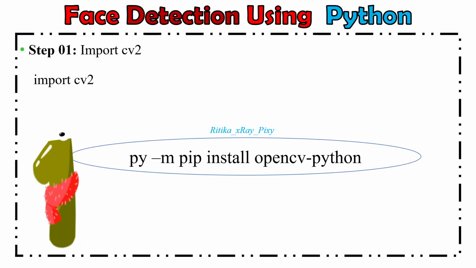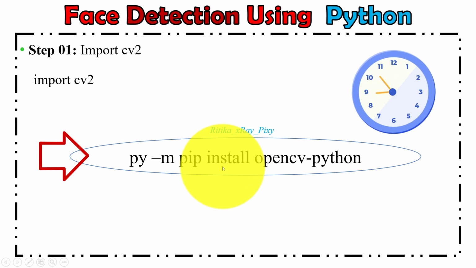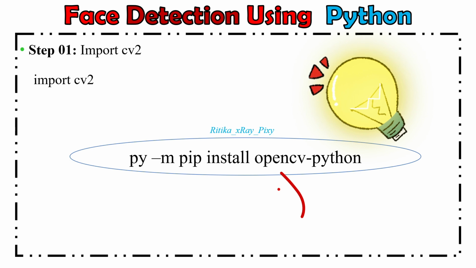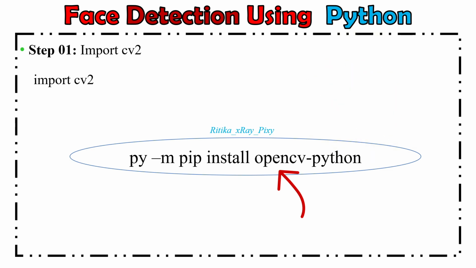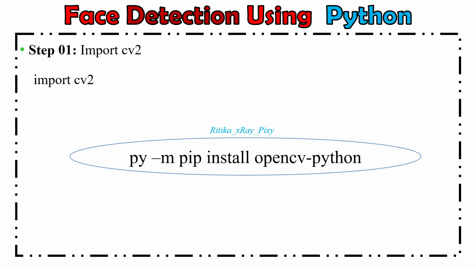So first we will install the OpenCV library using this. Write this in the terminal and install the OpenCV library. OpenCV comes with various computer vision applications. It comes with pre-trained models for face detection, so there is no need to implement any algorithm, as this library has more than 2000 algorithms that allow us to perform object detection, face recognition and more. So first we will install this library.